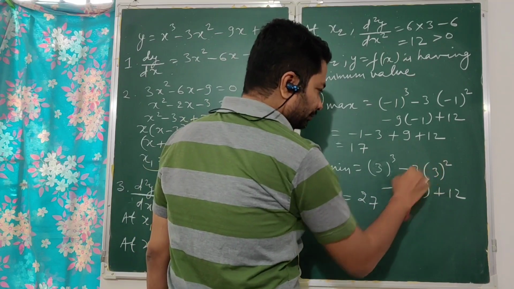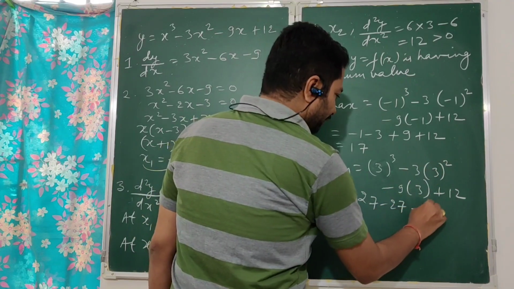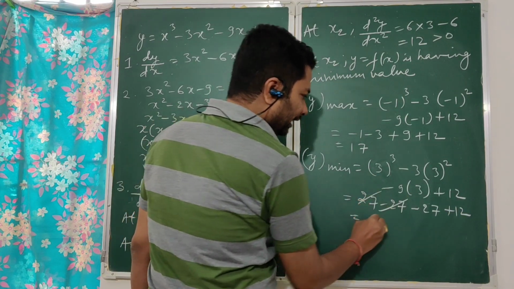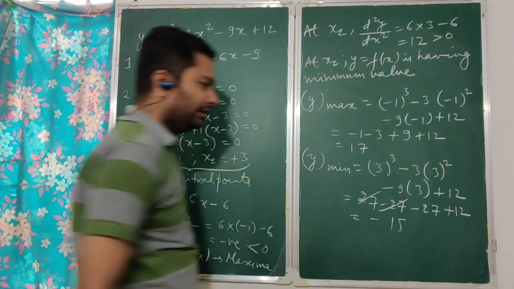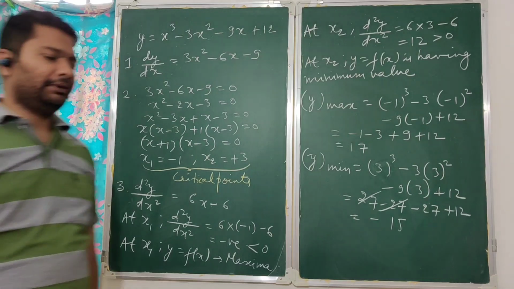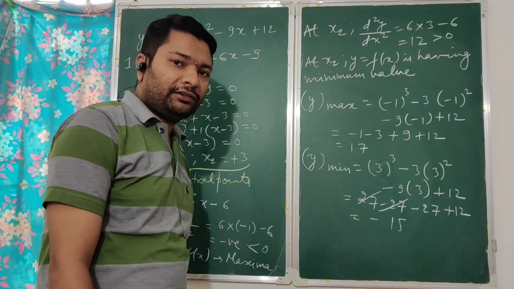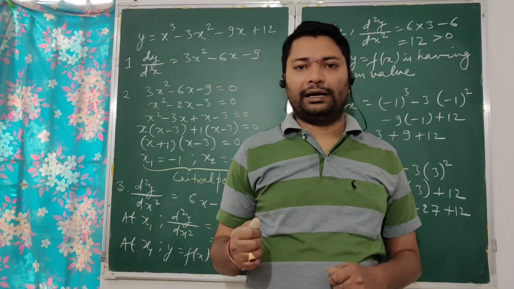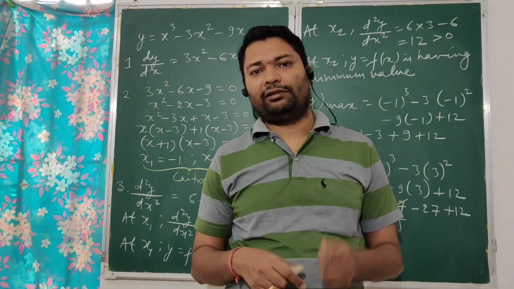27 minus 27 minus 27 plus 12. So this will be gone and you are getting minus 15. So the minimum value of this function is minus 15. So that is how you deal with maxima and minima, and that is how you find the maximum or minimum